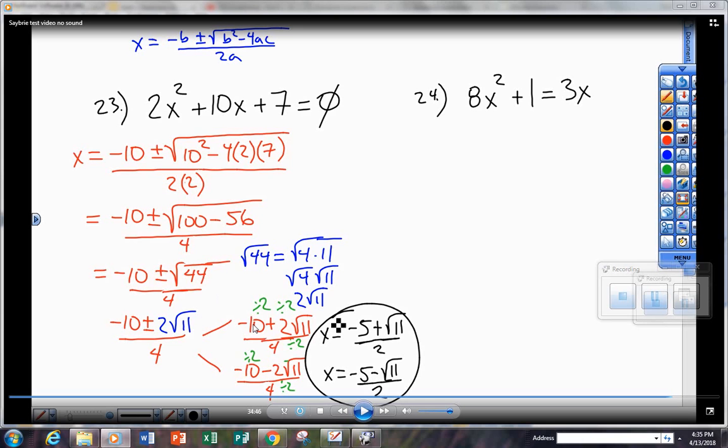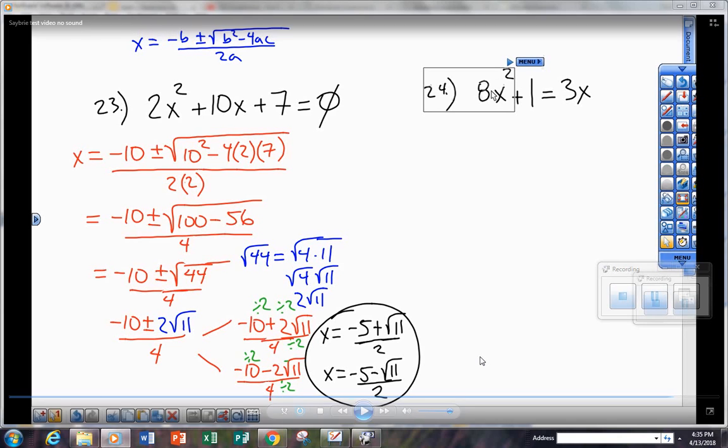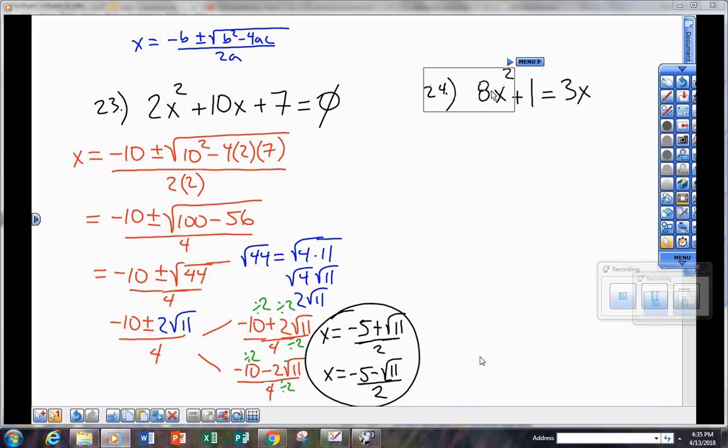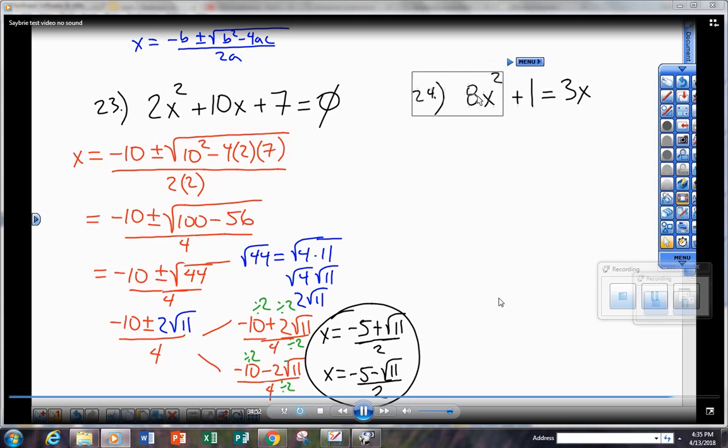And then I divide all of these three numbers by 2. Don't divide the number under the radical. So negative 10 divided by 2 is negative 5. These cancel away, and then you get 2 on the bottom. So that answer is negative 5 plus root 11 over 2, and the other answer is negative 5 minus root 11 over 2. And again, I'll be happy to help you go over these and give you harder ones or easier ones. And then the last one, this one, you rearrange it